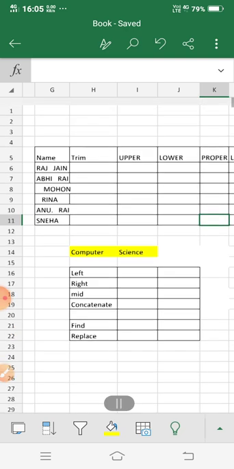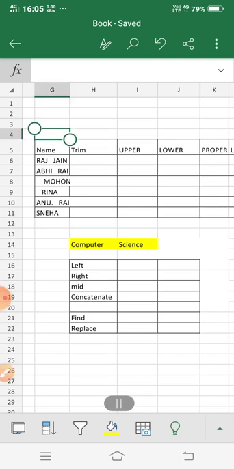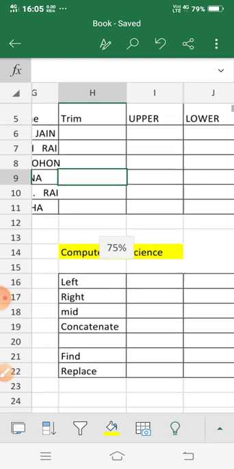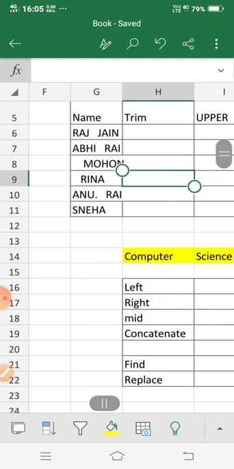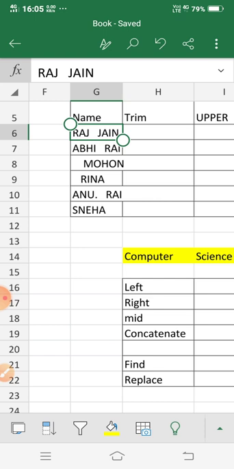First I am going to table 1. The first column is name, and the text given here is not written in a proper way. There is lots of space between the name and the surname, and lots of space before the first name.